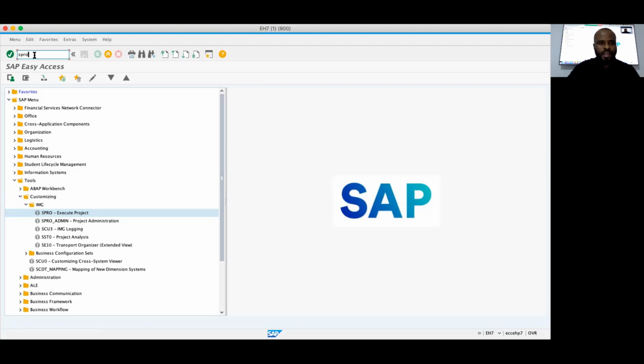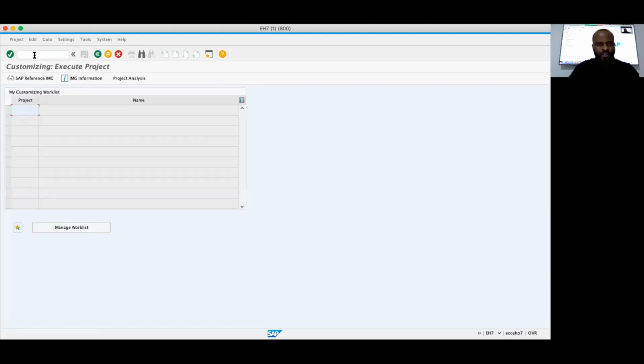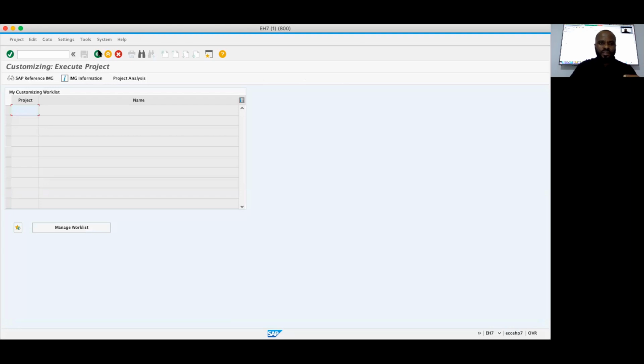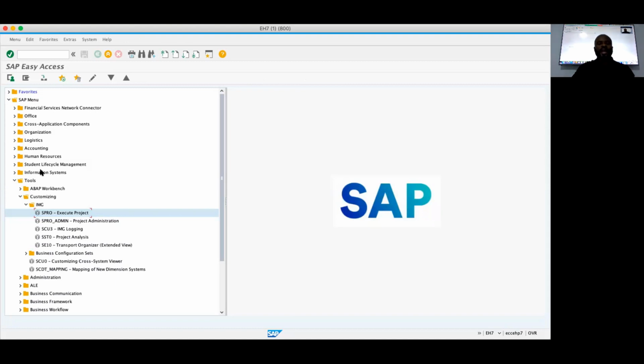Okay, so if I click enter, it opens the customizing environment for me to navigate through to SAP reference IMG and then through to whatever interface I want to navigate to. Okay, so this is how you navigate through SAP. So you can navigate using the SAP menu, or you use transaction codes. There are thousands of transaction codes on the internet. You can just go and search for SAP transaction codes and you'll see thousands of them